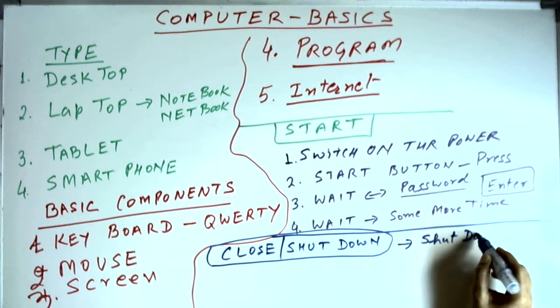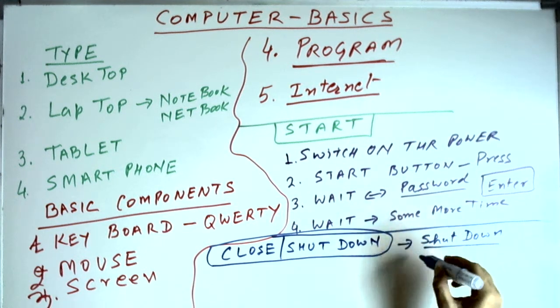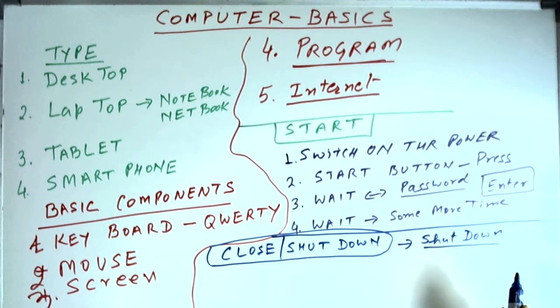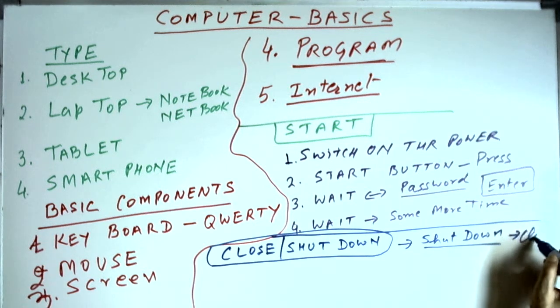Remember, there is no button on the keyboard, but sometimes there is a button on the keyboard also, but most of the time it is not. And you will have to learn the option where to find this shutdown, and this is normally in the leftmost bottom corner. You will go there, and then you will be able to figure out where is the shutdown. Here you need to take help from somebody. Once you have found the shutdown, then you have to click on it, and that we will learn.